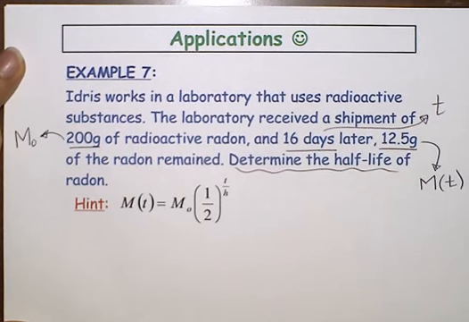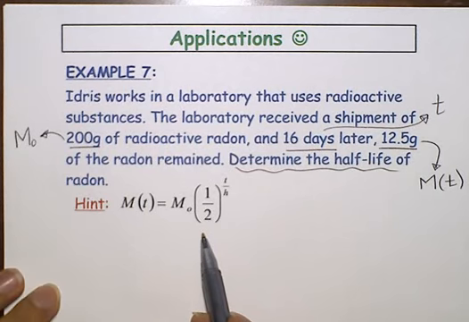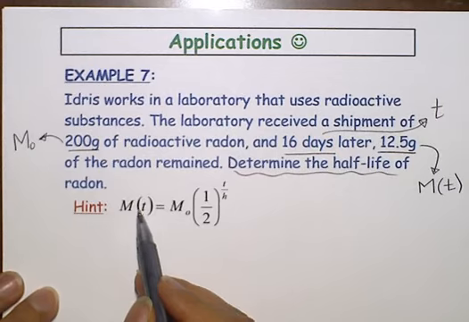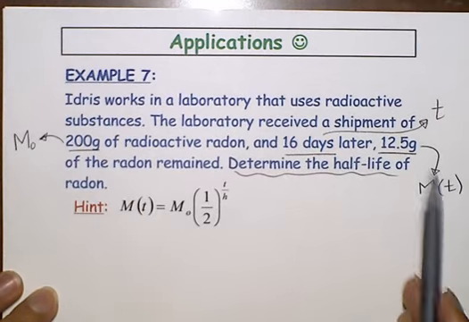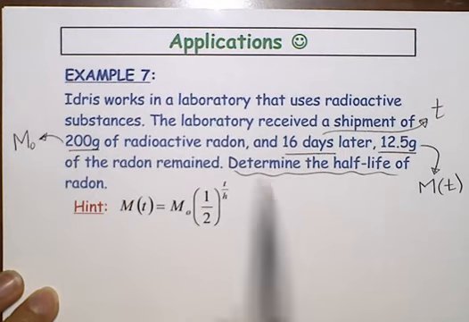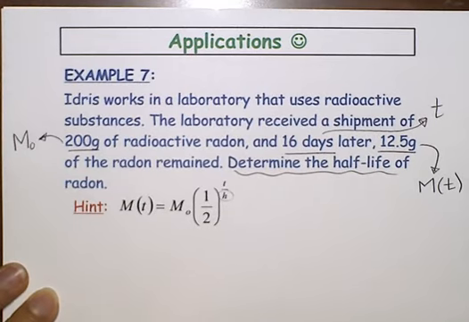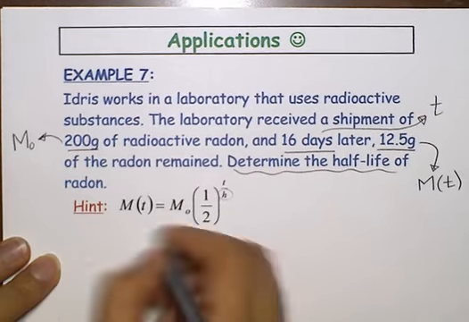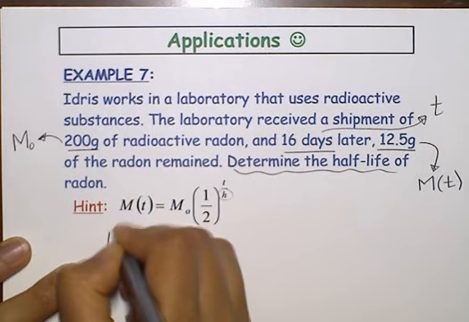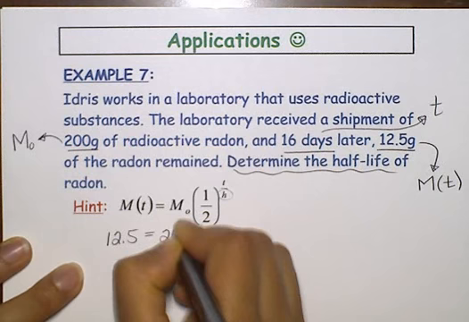And so here's the little hint that we have here. This is the half-life formula that we looked at last year. We know that we have m of t, which was 12.5 grams. We know m naught, which is 200 grams. We know t, and the last thing left to solve for is the denominator in the exponent, which is h. So let's plug in the information we know and see what we can do from there. So m of t is 12.5 equals 200 times a half